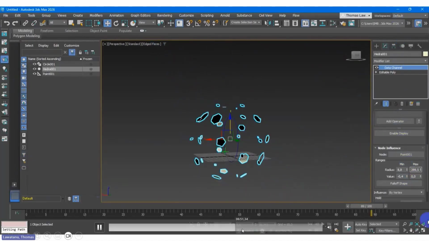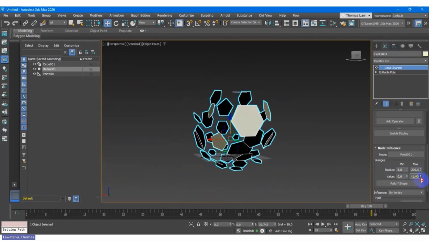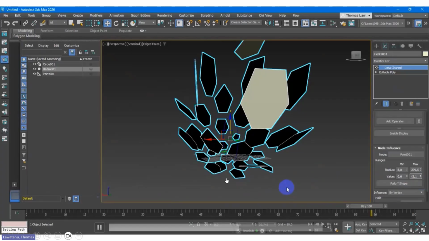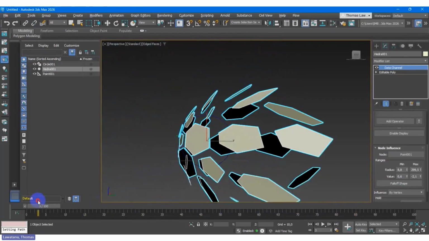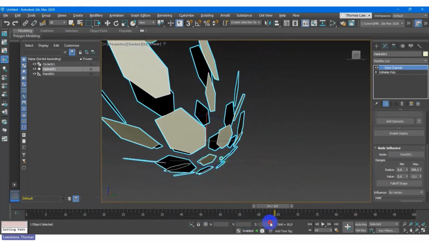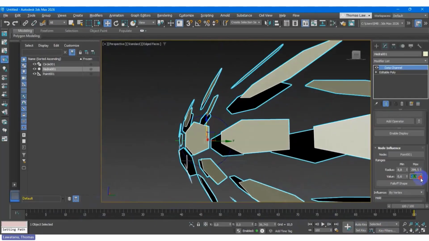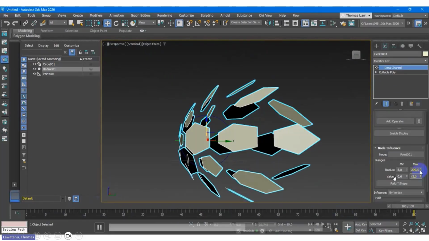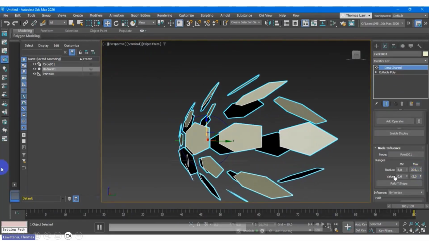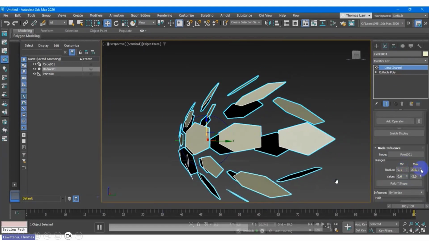Remember you can play around, depending on your goal animation. Let's say you want to create some perspective effect, you can do it like this. But this is not my goal. I'm just trying to show that you can squeeze and stretch your object by adjusting the minimum and maximum, inside the radius value.